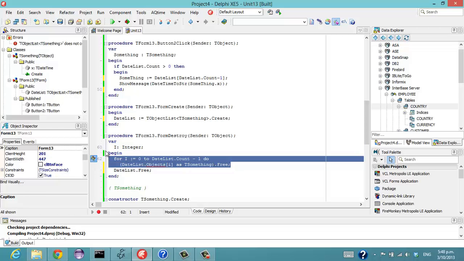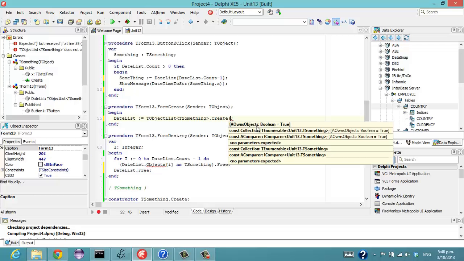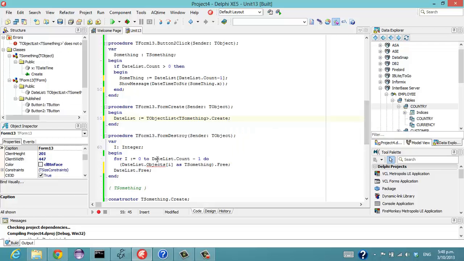As we're using a TObjectList, by default in the constructor there's a parameter OwnsObjects, and it's by default true. And if you set it to false, you have to free all the objects, which would be doing